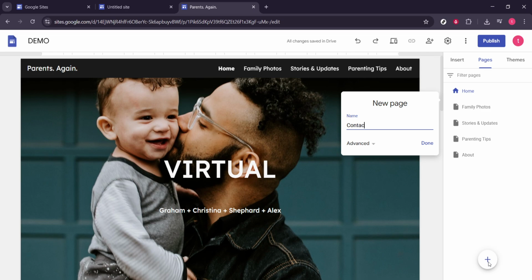When the new page dialog appears, type Contact Us as the page name. Keep it short, clear, and consistent with the rest of your site's labels. Using Contact Us helps visitors immediately understand where to go when they need assistance, want to request a quote, or